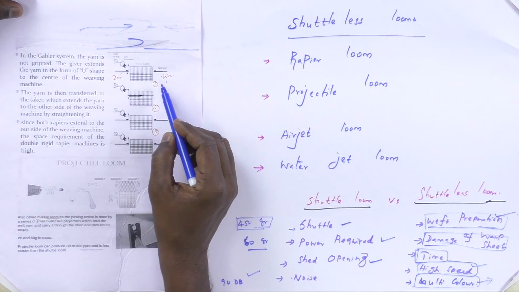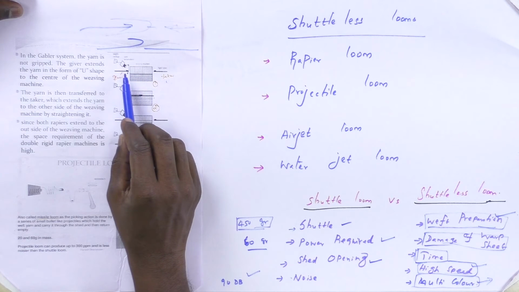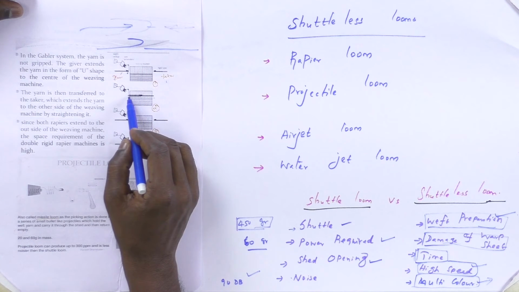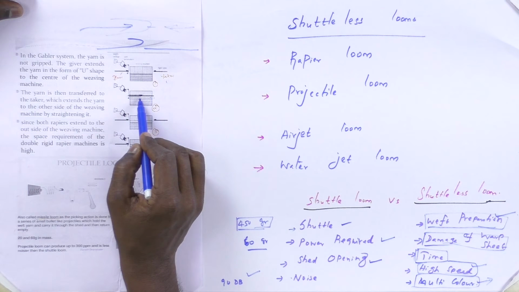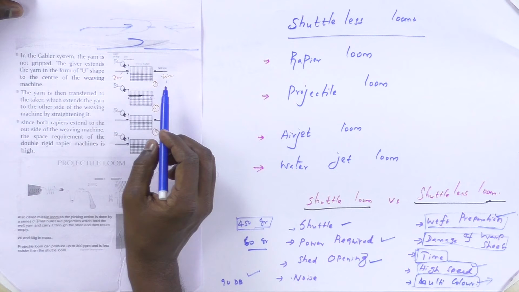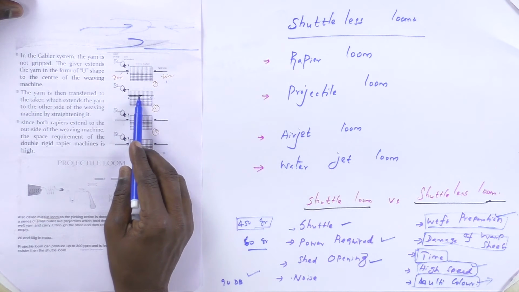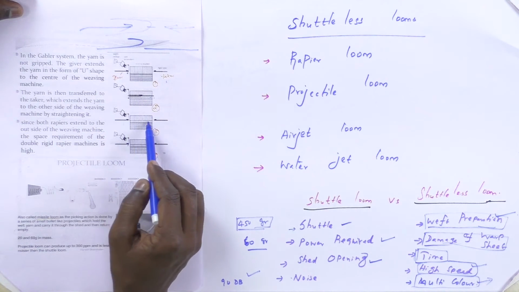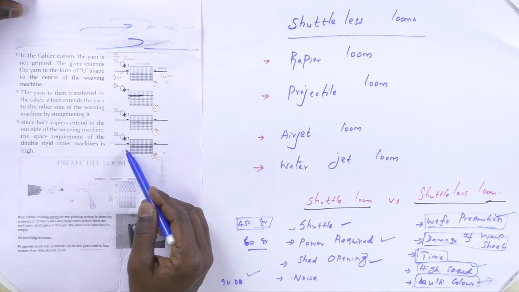In the first diagram, the giver rapier and taker rapier are both ready to take the weft yarn. In the second diagram, the loop form of the U-shaped weft yarn is carried forward by the giver, and the taker receives the U-shaped yarn. In the third diagram, both come to their original position. At the same time, the taker moves the U-shaped yarn into a straightened position and places it in the shed. So the weft insertion takes place. In the fourth diagram, the next cycle is started.